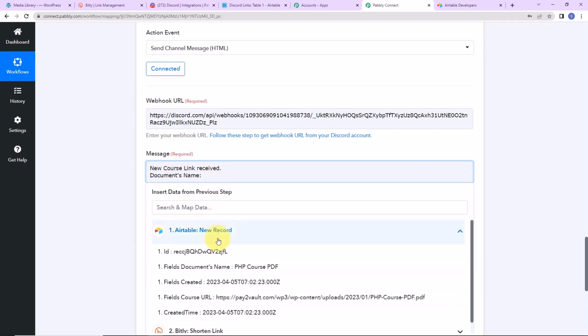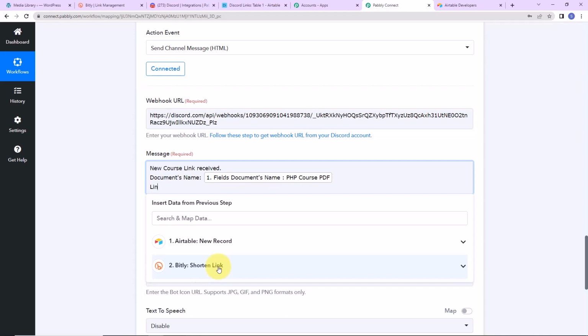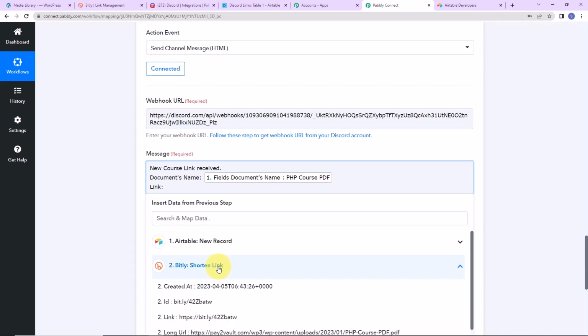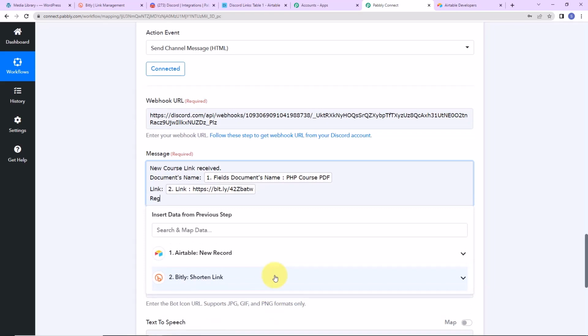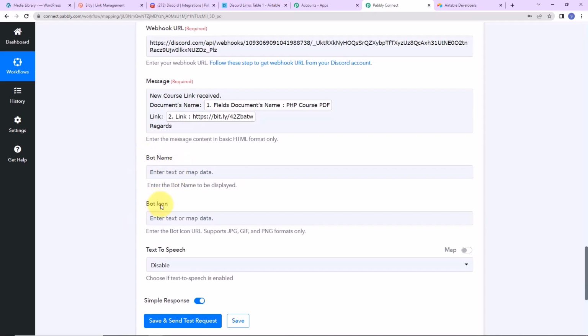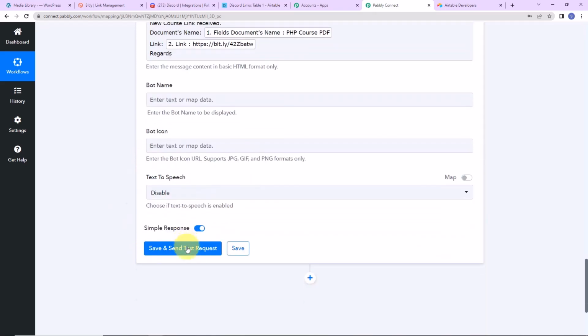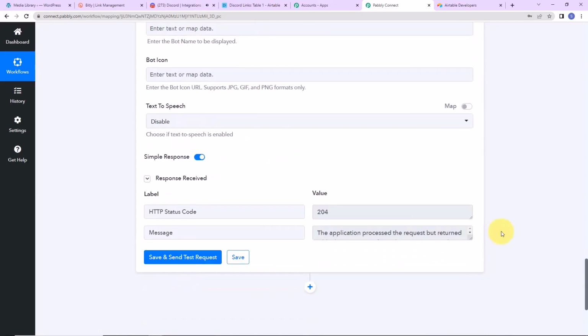How? Let's go to step 1. This is the name of the document. Now I want to have the link. So here is the link, and for this I'm going to go to step 2, and this here is the link. So I'm just going to write regards. Okay, and now if you wish to enter the bot name and bot icon text to speech, you can do that. I'm going to click on save and send test request,